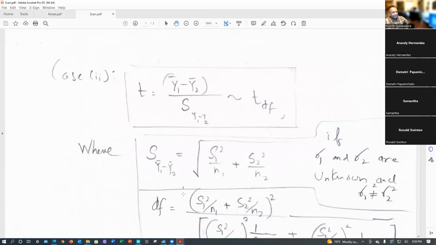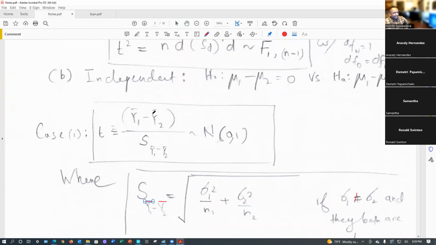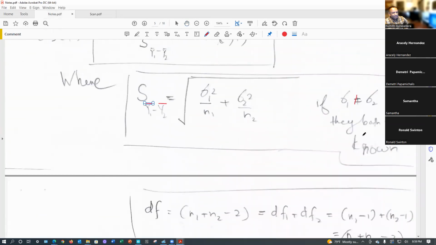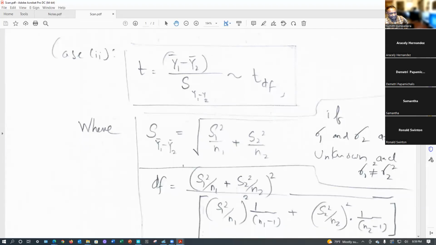Yeah, this thing earlier that when we were here, the case 1, under the independent, when these two are known, and they were not the same, then you can plug in this one over here. And the case 2, you're going to use the T if they are unknown and not equal. Now, unknown and not equal, see,